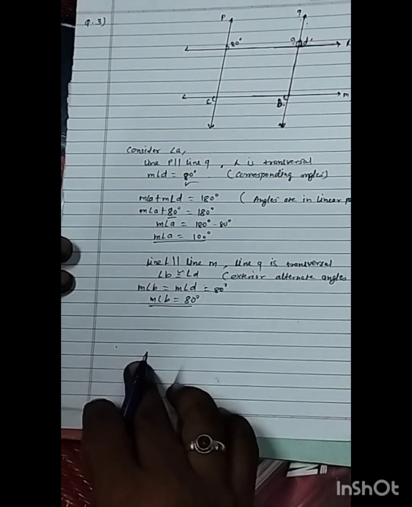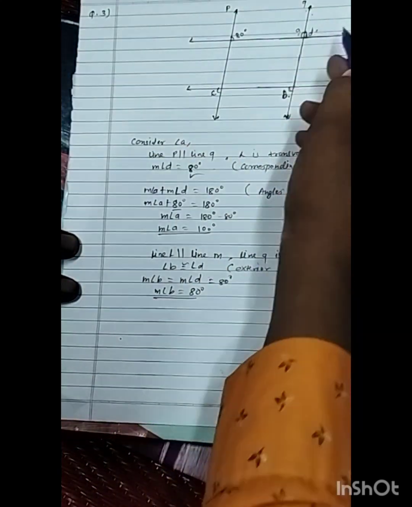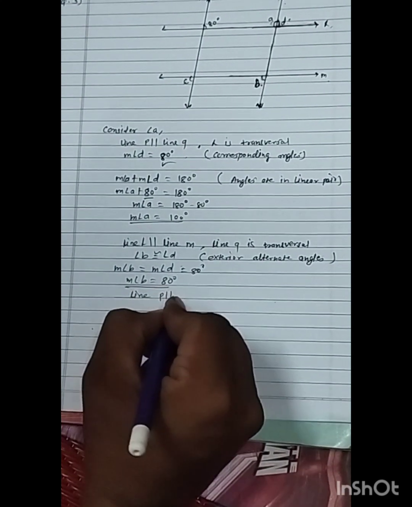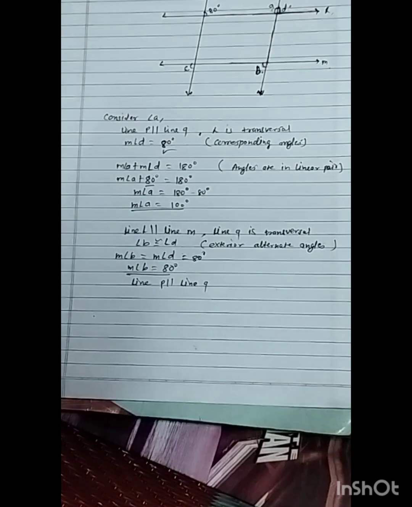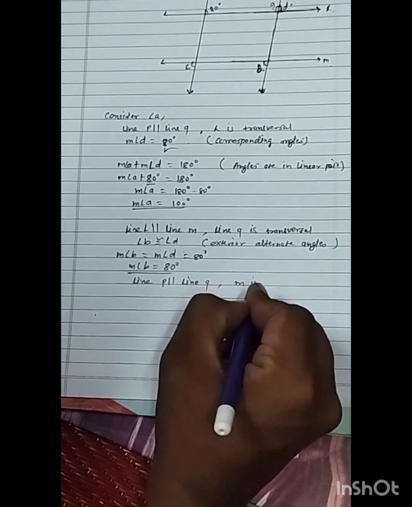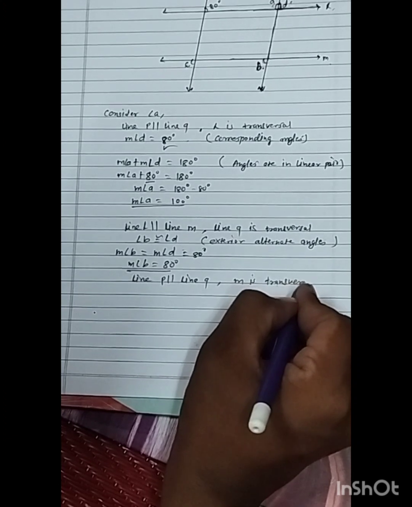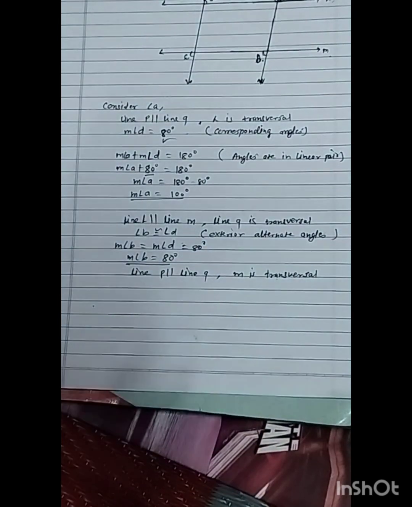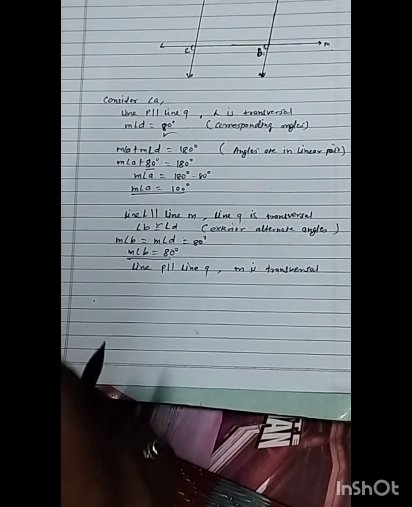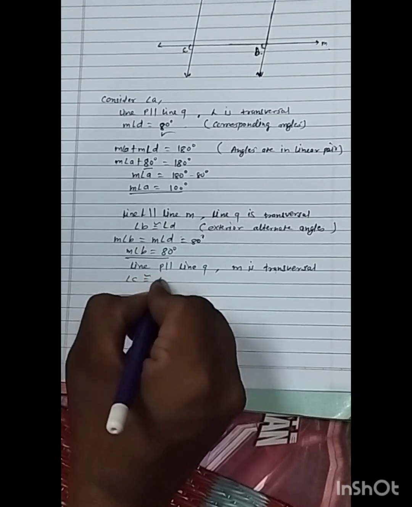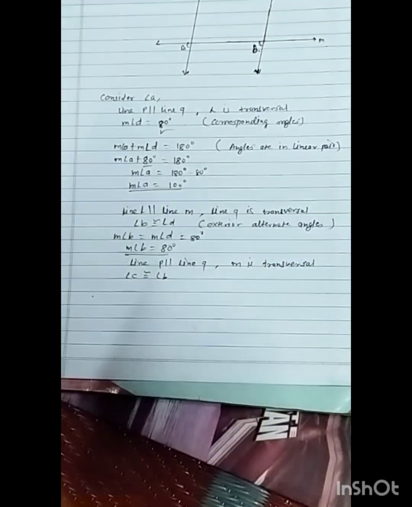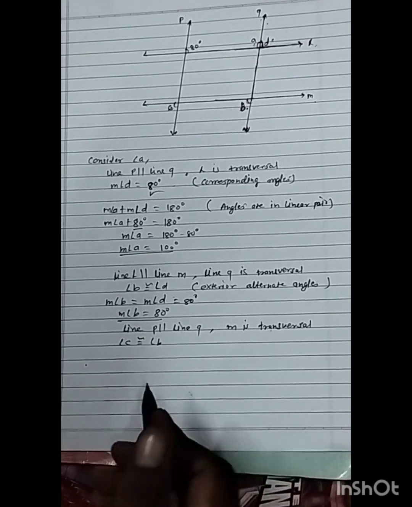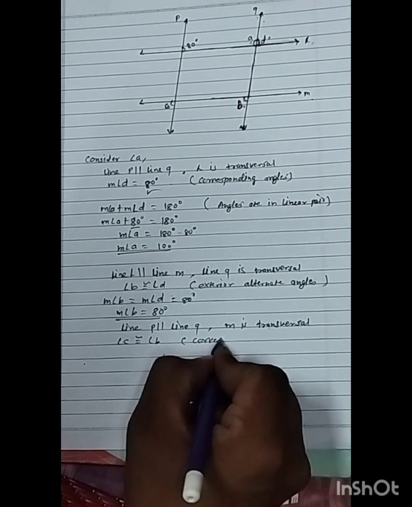Now here we have to find the angle C. Which angle, students? We have to find the angle C. For that we have to consider the same. The line P parallel line Q, and M is the transversal. So when we are going to speak, M is the transversal. So here P and Q are there, and M is the transversal. So then we are going to write angle C congruent angle B. What will be its answer? You can check it. You will get that they are the corresponding angles.